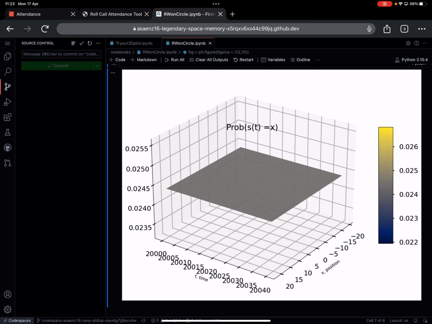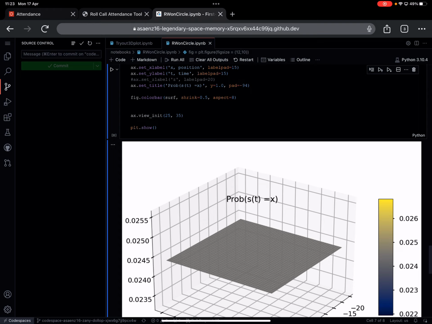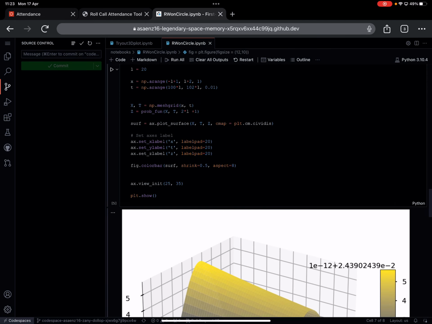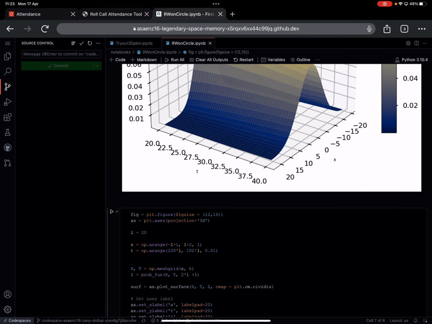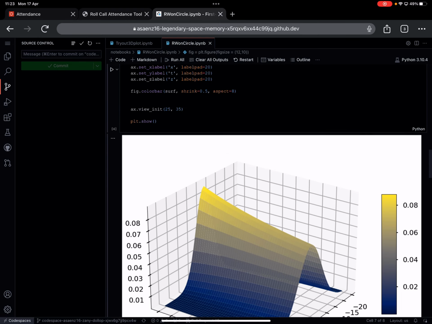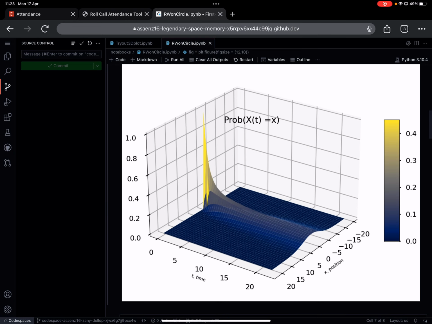So for classical random walkers, as time goes to infinity, everything gets well mixed and everything flattens out. So these are the two differences that we see between the classical and the quantum. And one other difference that you'll see, which is part of the reason why these quantum random walkers are useful in terms of search algorithms and quantum computing, is the speed at which the